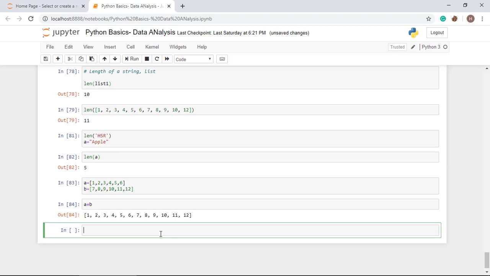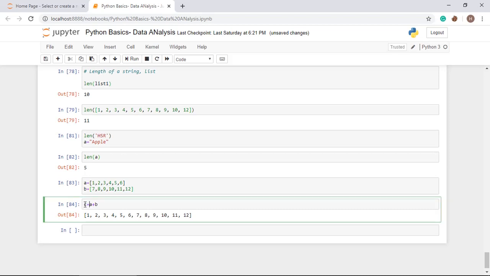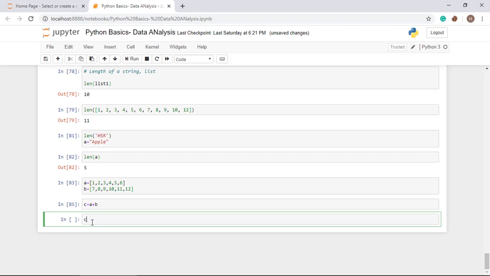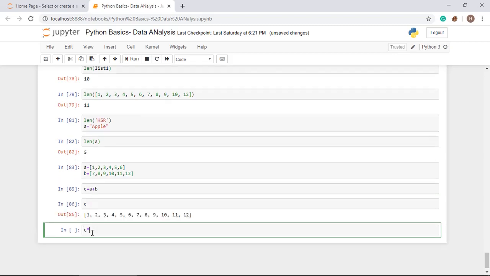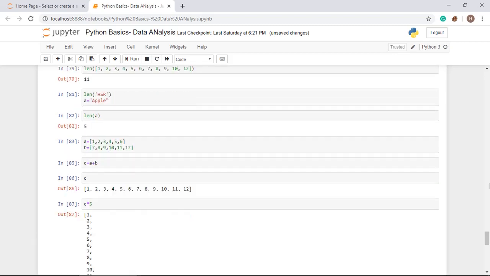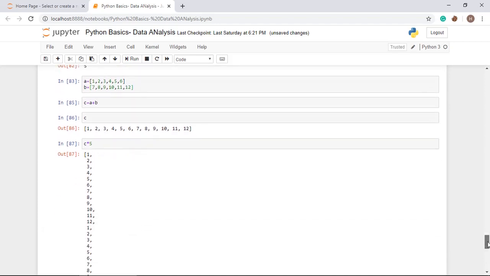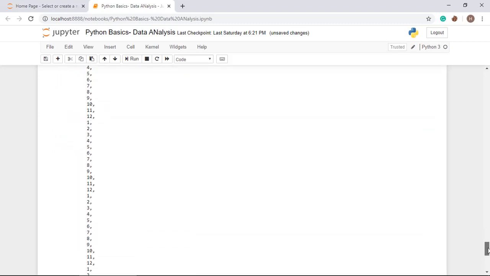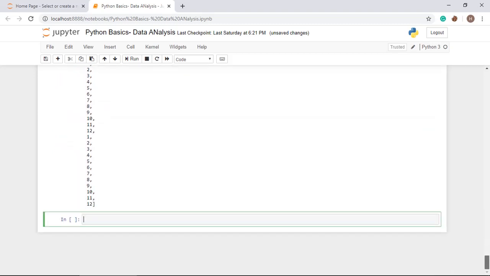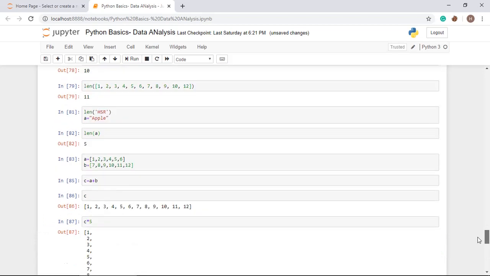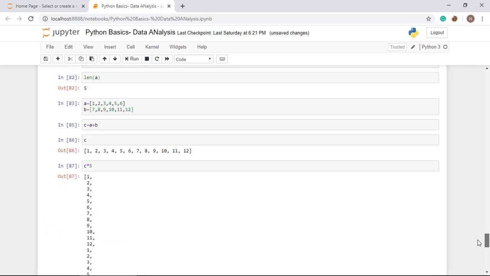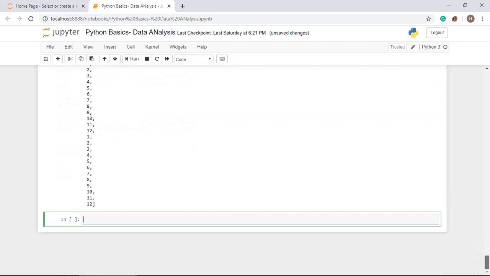You can use the same thing as we have used in a string, that you can also repeat the values of a list. Now assign this to a list C. So we have C as 1 to 12. Now I am multiplying C multiplied with 5. Let's see what the result is. All the values have been repeated 5 times. All the values in the list will be repeated just after the end of the first list. Thus, repetition will be written. See, 1, 2, 3, 4, 5, 6, 7, 8, 9, 10, 11, 12. Again 1, 2, 3 to 12 in this way.